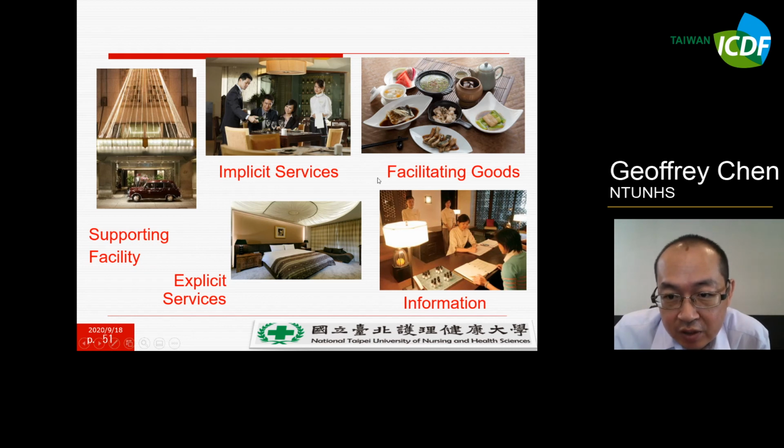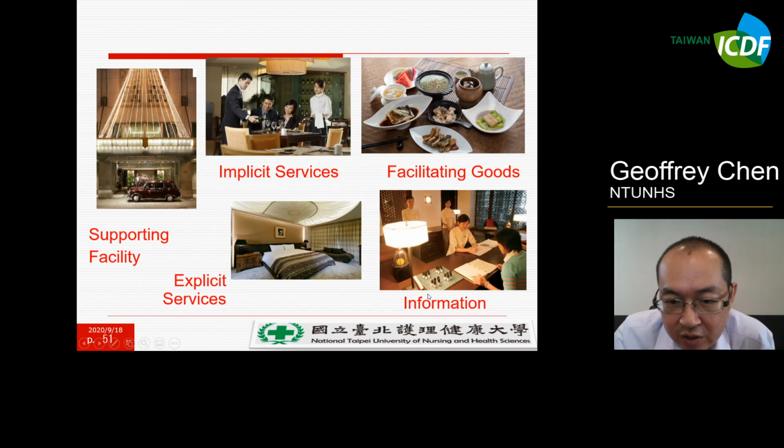And facilitating goods: when you go into a restaurant, you want to eat some food and beverage, but they should be delivered by their employees or waiters. We call that facilitating goods.